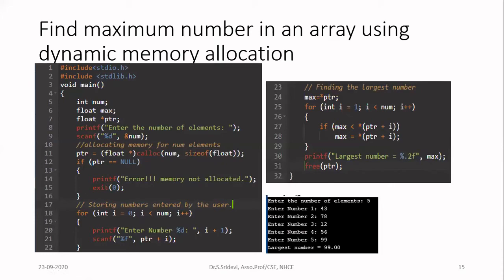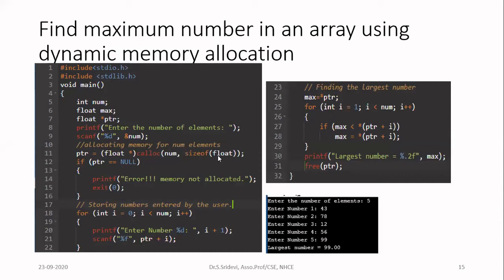So here I have simply read how many numbers I want in the array from the user, and I have declared a pointer to the memory, but now I have to create the memory. So to allocate the memory, in this example, I am using calloc. When I use calloc, the memory will be automatically initialized with 0. It will not have any garbage value. In calloc, you have to pass 2 arguments. The first argument is how many blocks of memory you want to allocate. And the second argument is what is the size of each block. In this, I want to allocate memory for num elements. So first argument I am passing is num, and second is each num is having type as float.